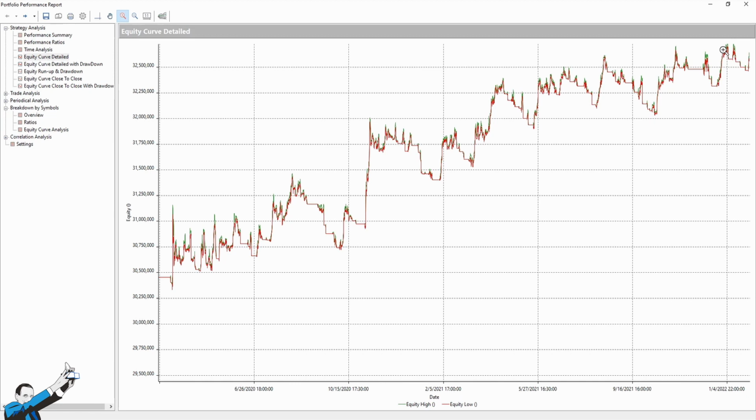So this allows us to minimize the impact of probability in the selection of the parameters to trade our system live. So to put it in a nutshell, given a reliable, robust system with a stable set of parameters over time, the best set of parameters to use in live trading is a mix of different sets of parameters, because this allows us to minimize the impact of probability in the selection of inputs. So in my opinion, it's very smart to do something like this. Obviously, we're allowed to do it, of course.